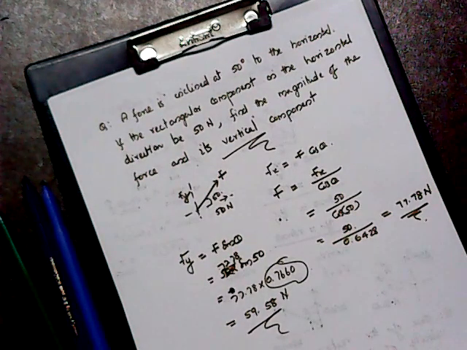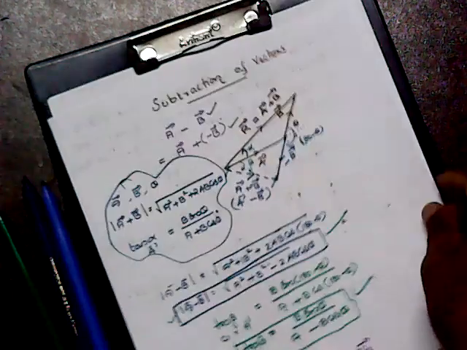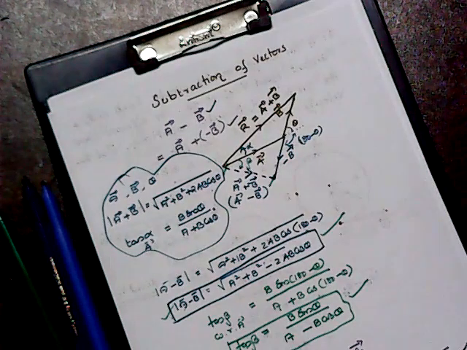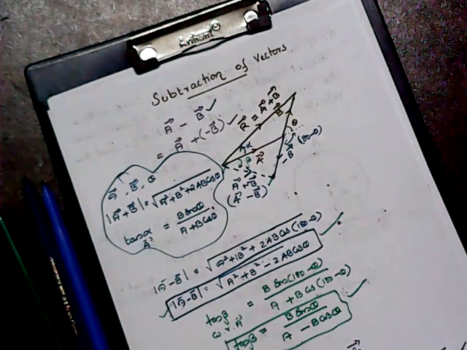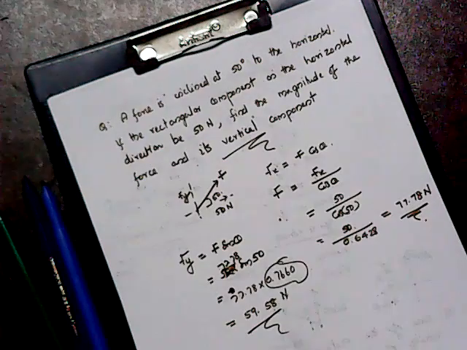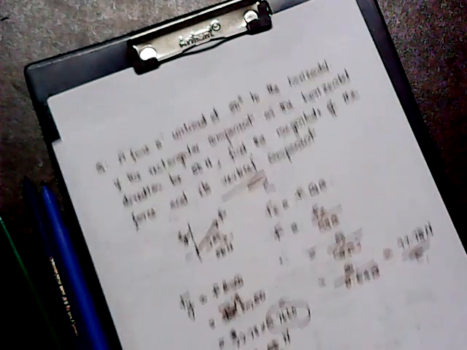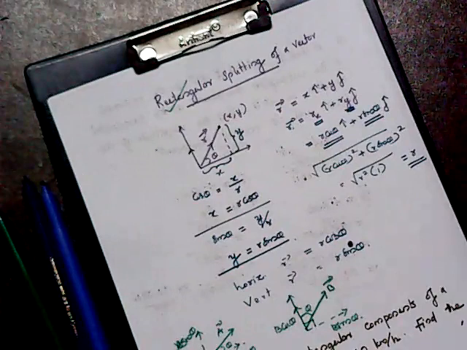So we discussed here the first one, and how we can use the triangle law for subtraction. Keep in mind, if two vectors A and B make an angle theta, their modulus A minus B is nothing but the root of A square plus B square minus 2AB cos theta. And the direction with respect to the other vector A is B sin theta by A minus B cos theta. Very, very important concept.